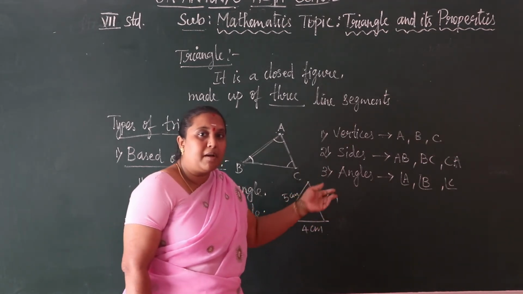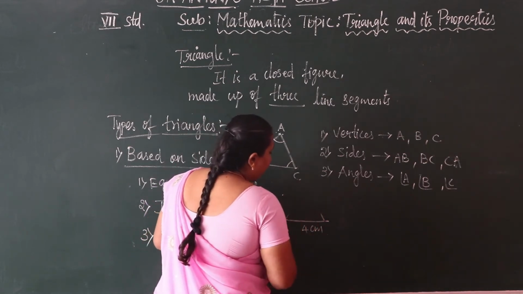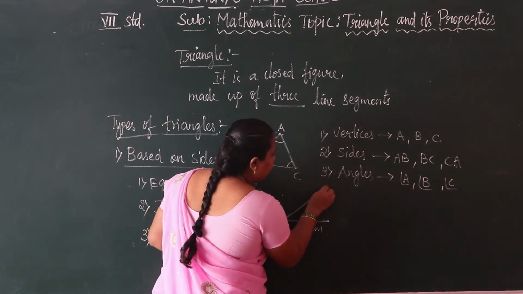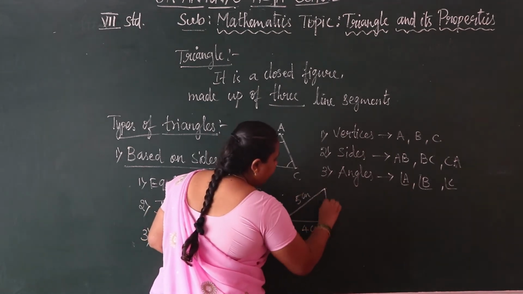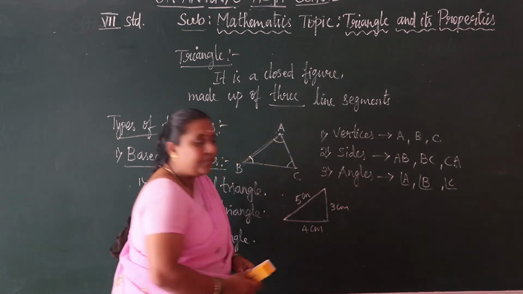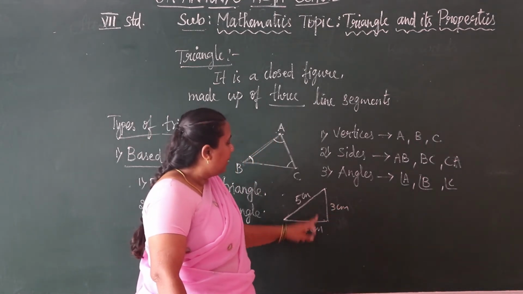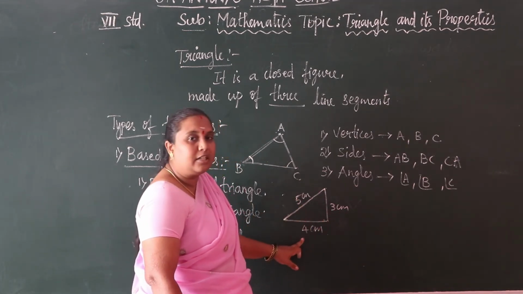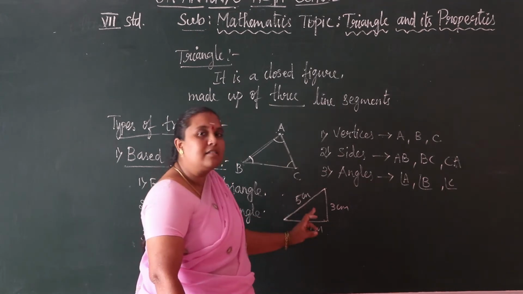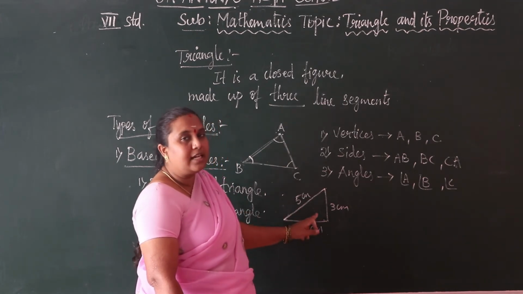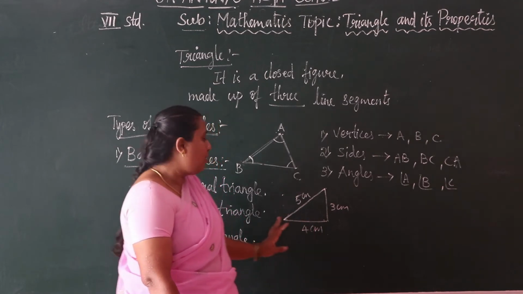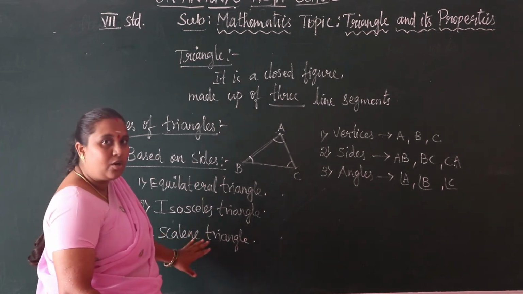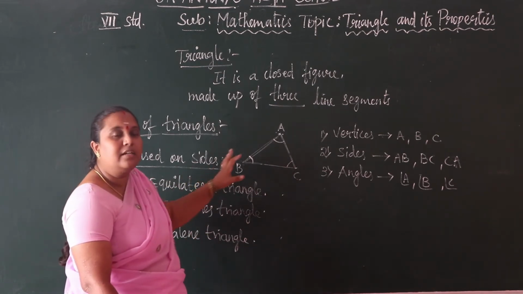Now, is it possible to draw? See here we are taking 4 centimeter, and we are taking an acute angle, so it is 5 centimeter. Now it is 3 centimeter. See, now we have the measurements. It is greater than 3 centimeter and it is greater than 4 centimeter. So this triangle is a scalene triangle. All the three sides are different in measurement. So these are the three types of triangles based on sides of a triangle.